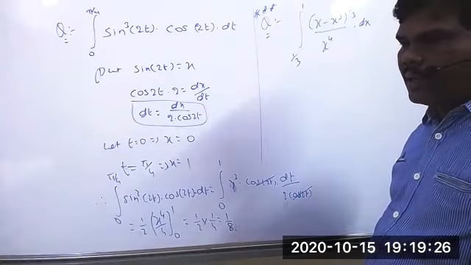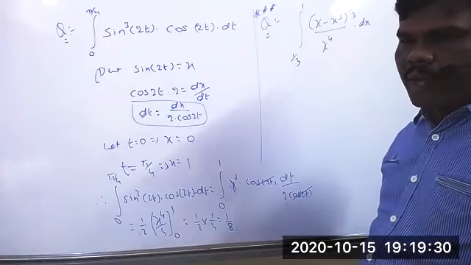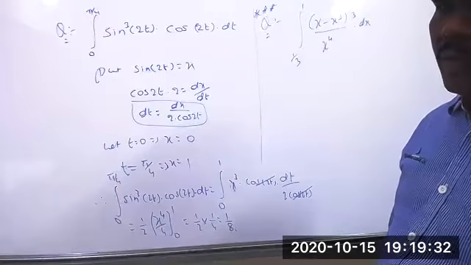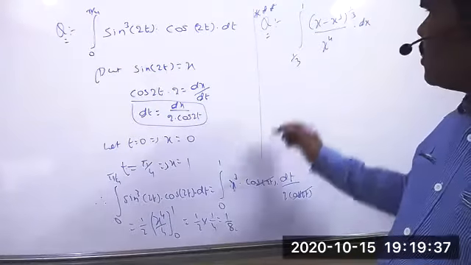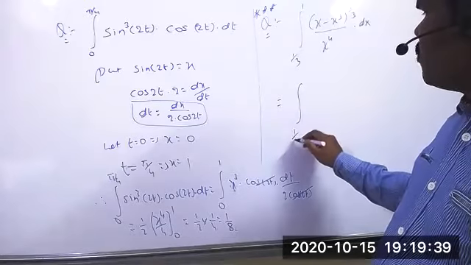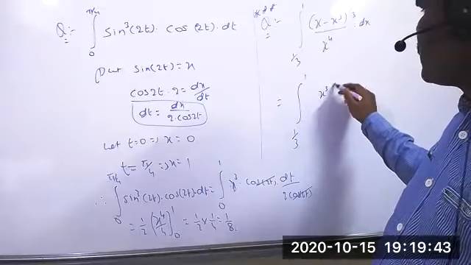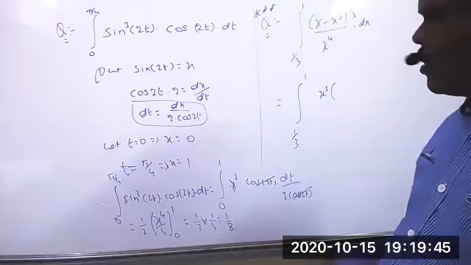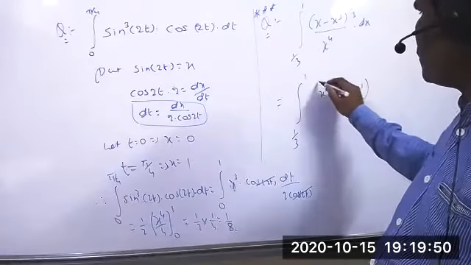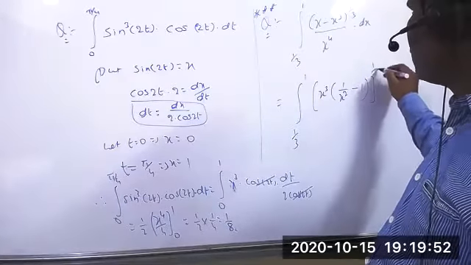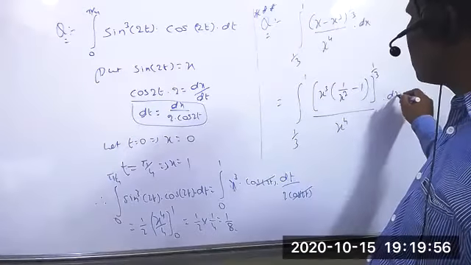I think definitely this value we can't expand. But we have to simplify this one, which means we need to make some small changes here. All of you should remember that. So you do one thing: for the integral from 1/3 to 1, from the numerator you can take x cube common. So the remaining will be 1 by (1/x square minus 1) whole power 1/3, whole by x power 4 into dx.